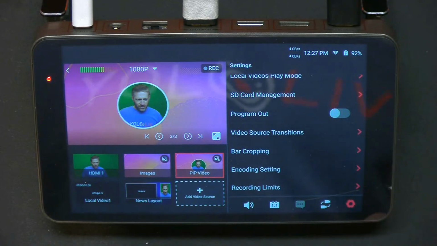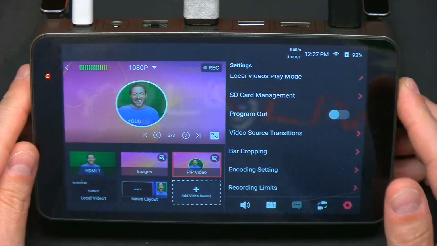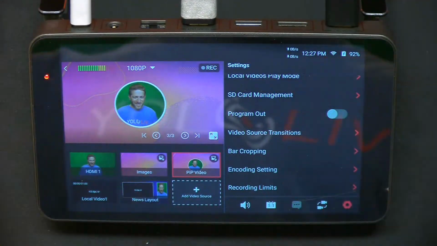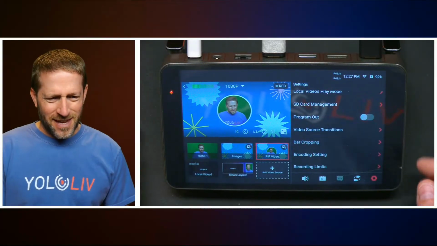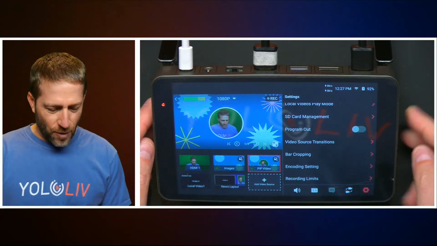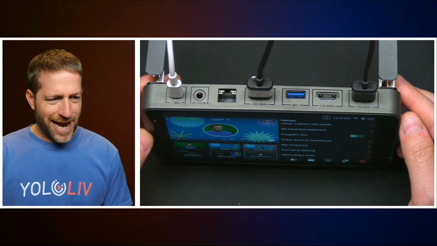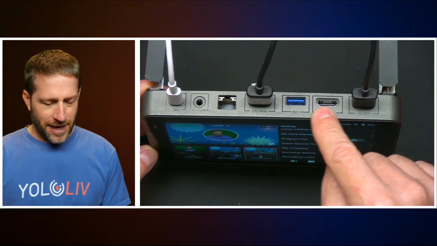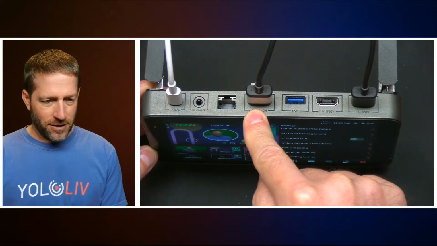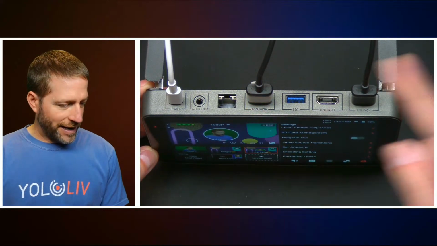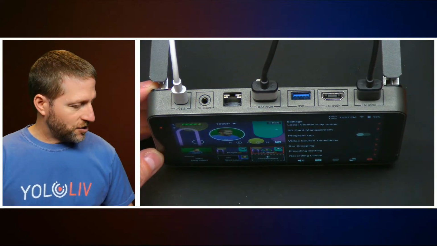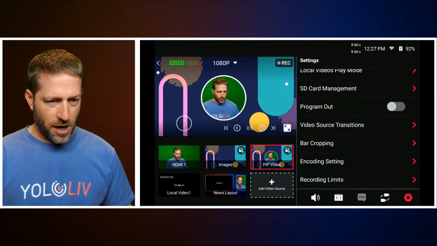And with that, I believe I have reached the end of the question and answers. So let us dive into the YoloBox Pro, or the YoloBox Mini, or I will get it right, into the original YoloBox, which I have right here. As you can see, this is the original YoloBox. It has 2 HDMI inputs, 1, 2. It has a USB input, HDMI out, and the HDMI out is going into my switcher over here, so I can show you. Here's the output of my